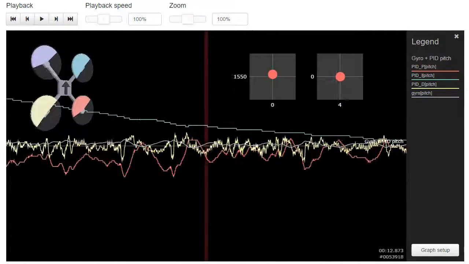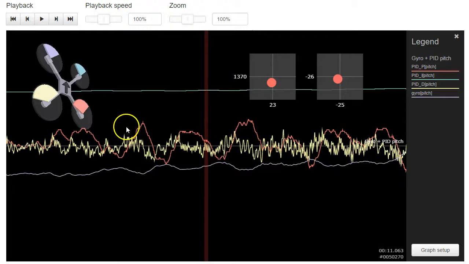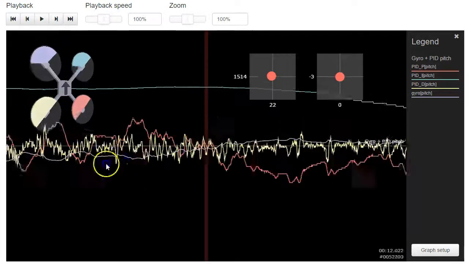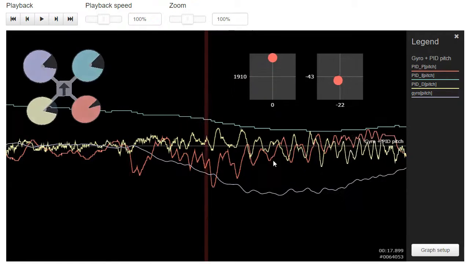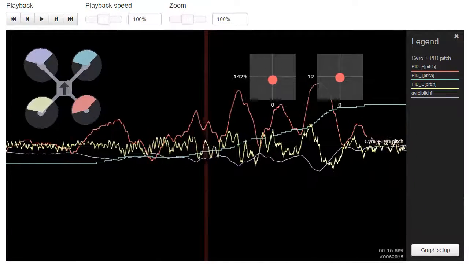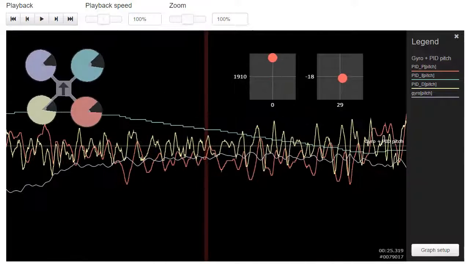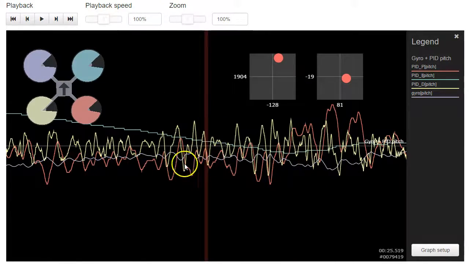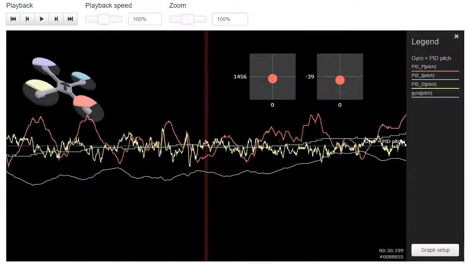The rest of the time, though, it's active. Here you are at low throttle, and we definitely see some sort of surging of the P term. Relatively, it's not nothing. I wouldn't say it's large magnitude, but it's not nothing. Again, here we are at mid-high throttle, and we see some spiking here. We're going to high throttle now. Yeah, you could raise it, but I feel like you're at the edge, and then here at very high throttle, I feel like you're at the edge of where I would put the pitch axis